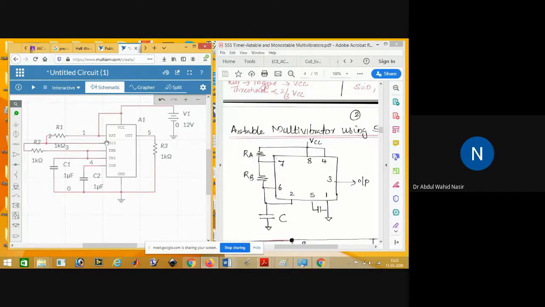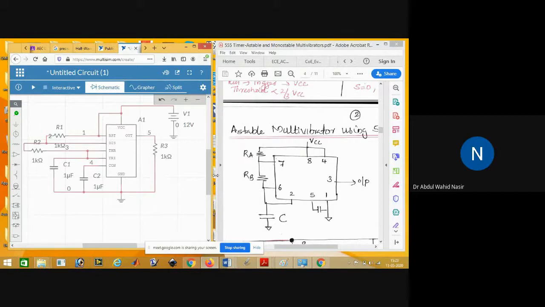You can see here the VCC will come and follow that. Then there is one resistance, and the other end of R1 is going to discharge. So this connection is also done. Now RB, the second resistor, is connected between pins 7 and 6, which are discharge and threshold. One end is connected to the discharge, and the other end is connected to the threshold. So this RB is also connected.